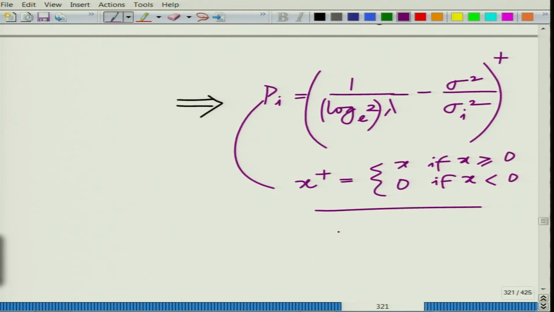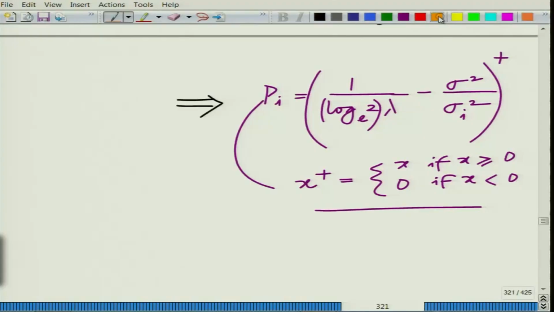Okay. So, this quantity is 1 over log 2 to the base e times lambda minus sigma square, that is the noise variance, divided by sigma_i square, which is essentially the power gain, the gain of the channel, and sigma_i, you recall, is the ith singular value, and this plus essentially indicates that it can be this quantity only if it is non-negative, right. If it is negative, then the power cannot be negative, so you have to set the power equal to 0, all right. So, let us recall these different quantities. Sigma square is the noise variance,